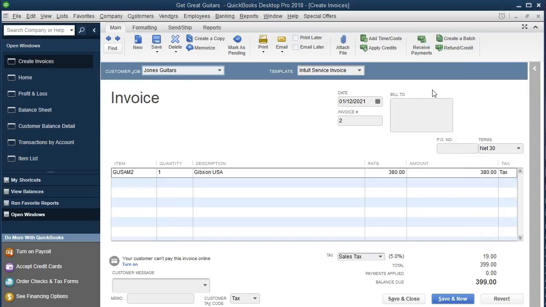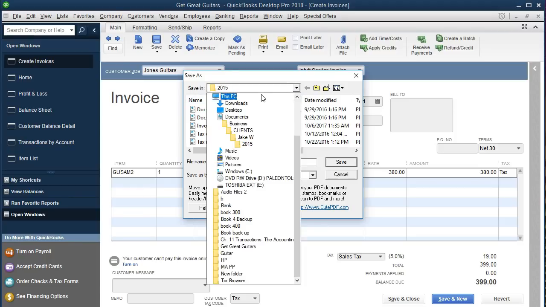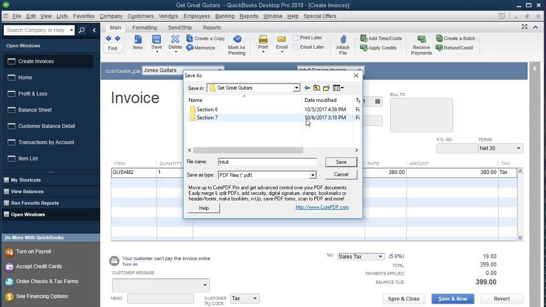And this process with this type of printer, the Qt PDF printer, it's a free download, would take a little while, and sometimes it requires us to point it where it's going to go to save it. So here we have it. And I'm going to put it on the desktop. We're going to put it in Get Great Guitars on the desktop. I'm going to put it into section 7. And then I'm just going to change the name here to Jones